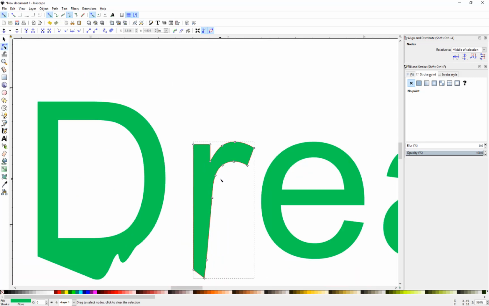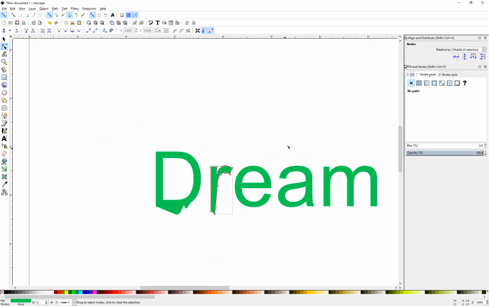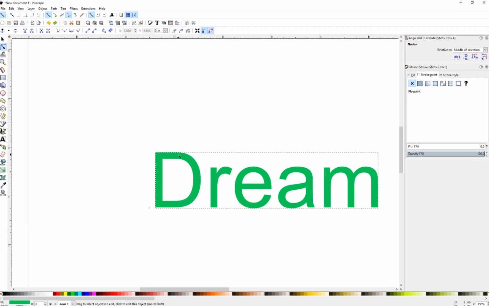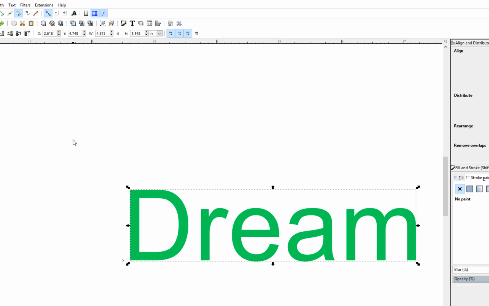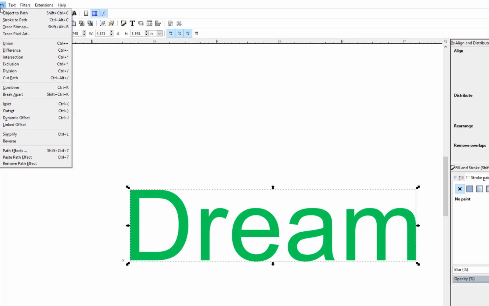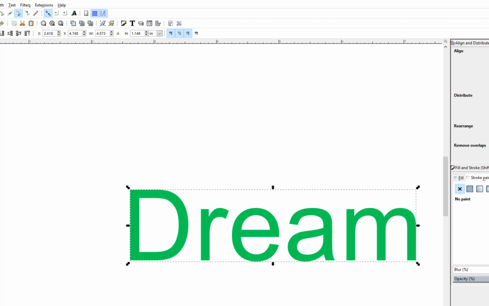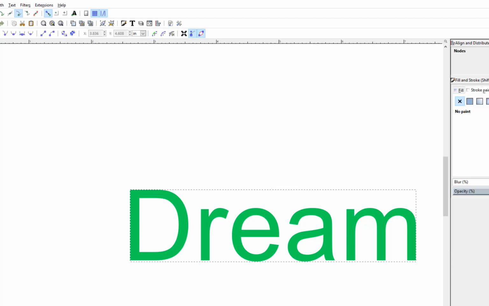So let me zoom out here really quick again. I'm going to press Control Z a few times to take me back to my original text. And again, I went back too far because I clicked with my node tool and there are no nodes available. So use your select tool, go back up to Path, Object to Path. Now when I select the nodes tool and I click on a character, you can see that